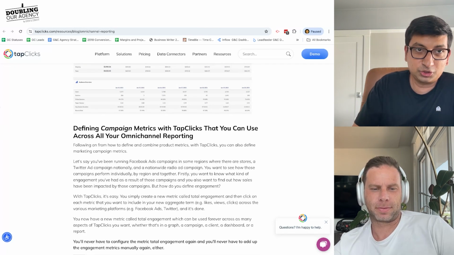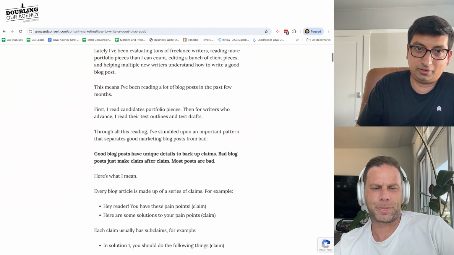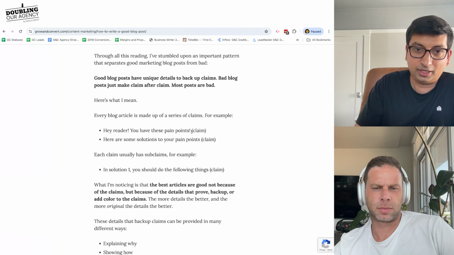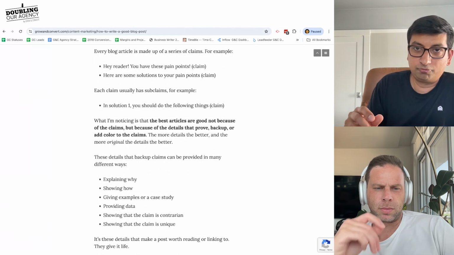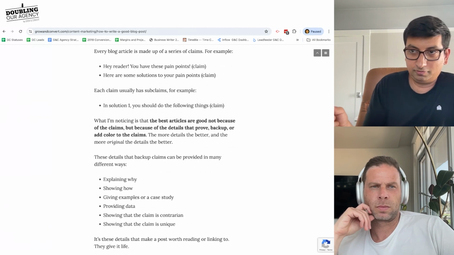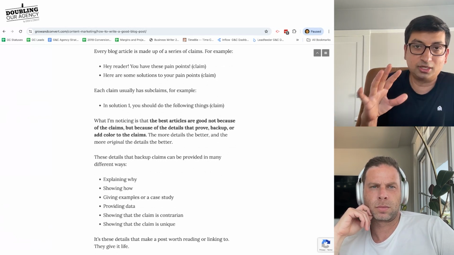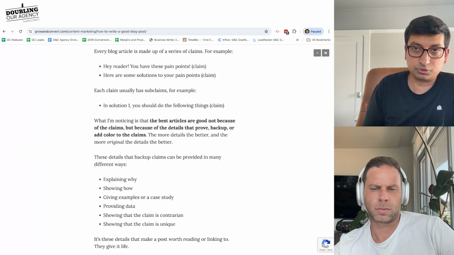Yeah, we will put some pieces in the show notes. I had some tabs open here that I didn't get to, but we have a piece called the detail principle of writing good blog posts. And I talk about the difference between good and bad: a bad blog post will make a claim and the good ones will give detail to back that claim. And that's not just 42% of users surveyed by Harvard said this and that. It's much more detailed backing that we showed in these examples. And we'll put that in there and we'll put some other writing related articles we've written for further reading.